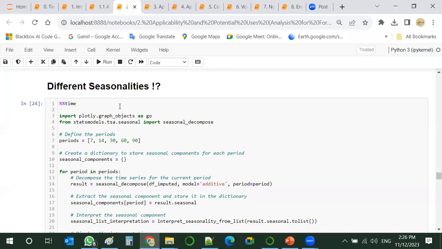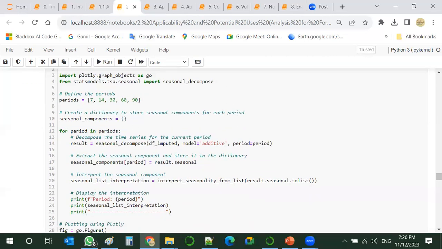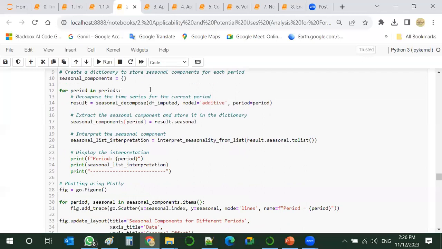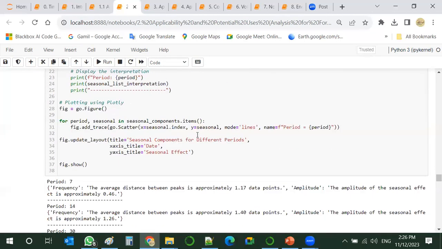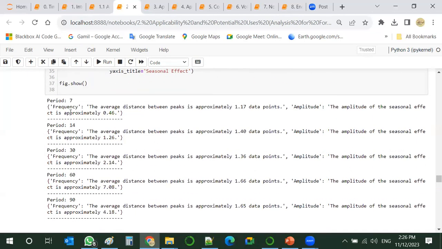So what if we have different windows, we have different periods? So what if we analyze every 7 days, we have different chunks of time, 7 days, 14, 30, 60, 90. So we create them and we keep them, and we extract the seasonal component, and later we plot. So we can end up with a report like this.